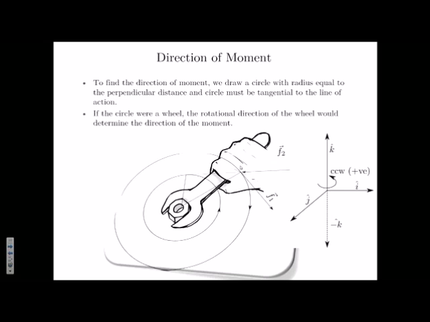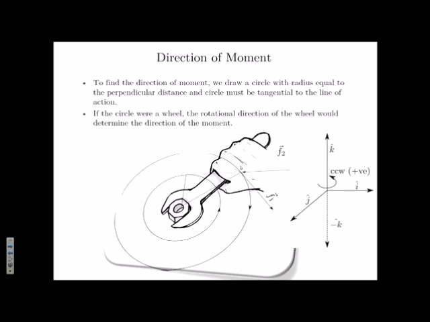So we know the magnitude of the force, we multiply that with the perpendicular distance from the point of action. So we're not talking about that over here. This would be the perpendicular distance, and the moment would be F1 times that distance, whatever that may be. So the question is, what is the sign, what is the direction of this moment? So what you do is,